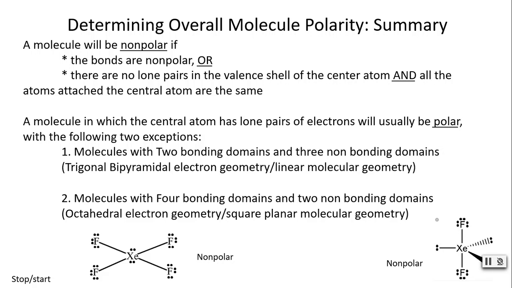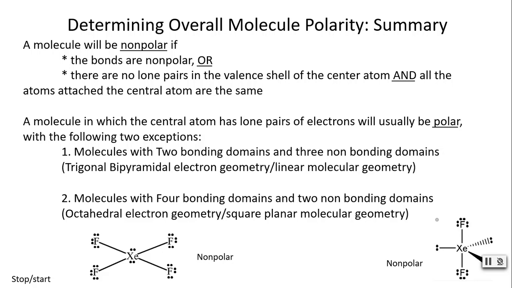So this second to final slide for chapter 8 summarizes how to determine the polarity, or the uneven distribution of charge, that may be present in a molecule due to its geometry and its composition. And we basically said that a molecule will be nonpolar if all of the bonds are nonpolar, or all of the atoms attached to the central atom are the same, and if there are no lone pairs of electrons